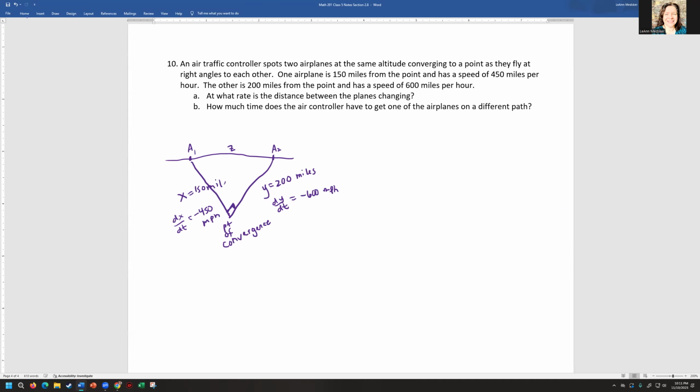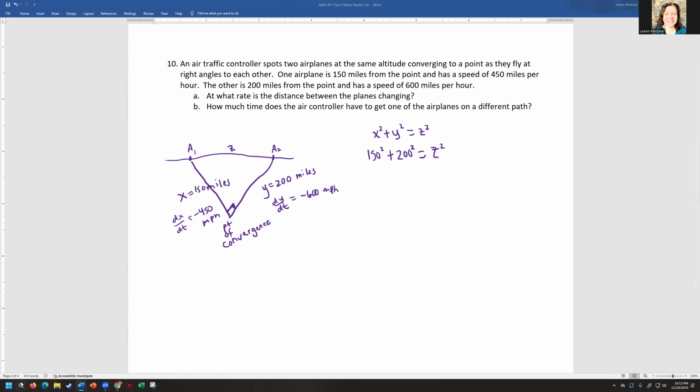Okay, what we don't know is what I was just talking about. We don't know the original distance they were away from each other at that same altitude. So we're going to use our Pythagorean theorem, x squared plus y squared equals z squared for that moment in time to find what the z was. So we had 150 squared plus 200 squared. These are the sides of the triangle, equals z squared. So when we work this out,